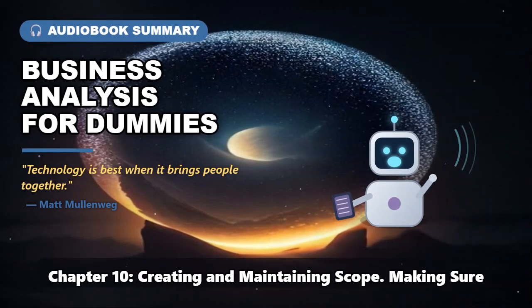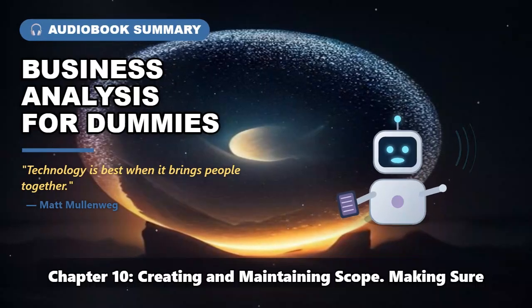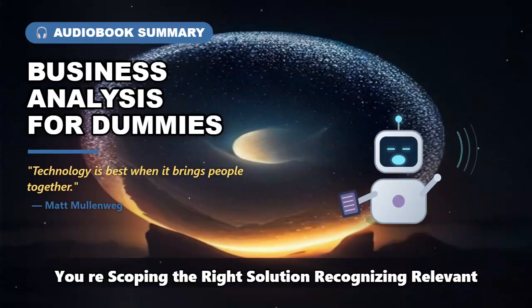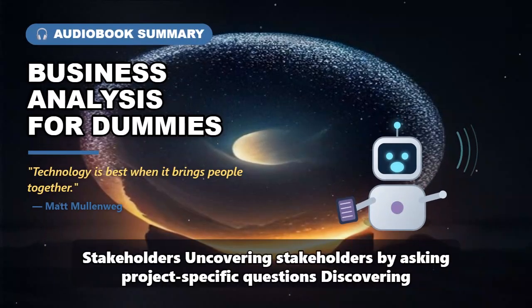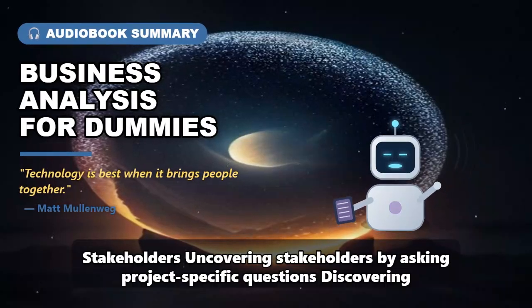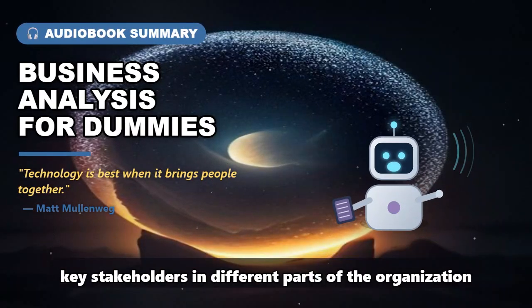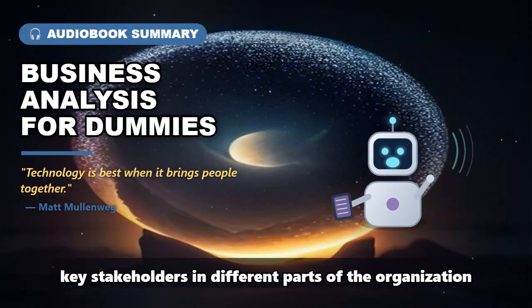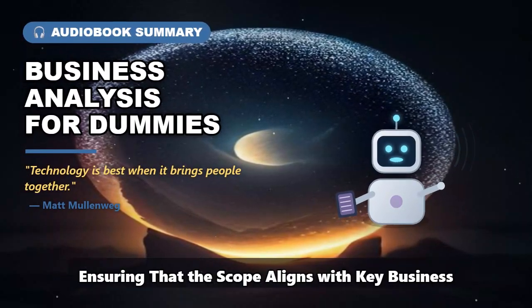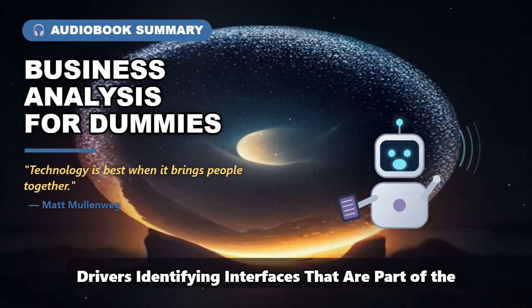Chapter 10. Creating and maintaining scope. Making sure you're scoping the right solution, recognizing relevant stakeholders, uncovering stakeholders by asking project-specific questions, discovering key stakeholders in different parts of the organization, ensuring that the scope aligns with key business drivers, identifying interfaces that are part of